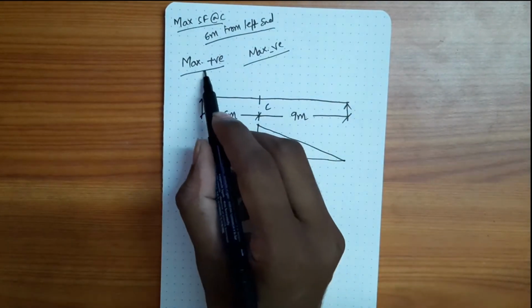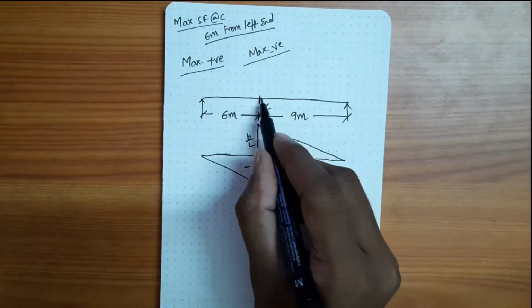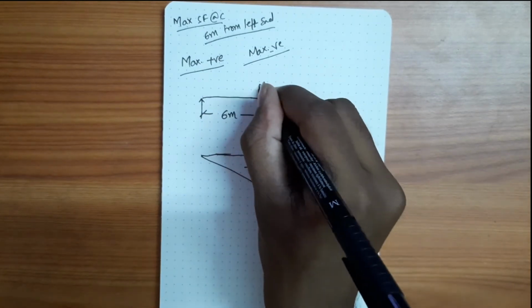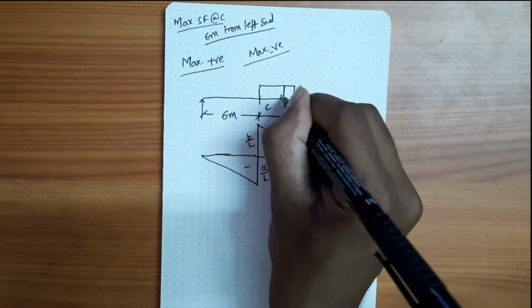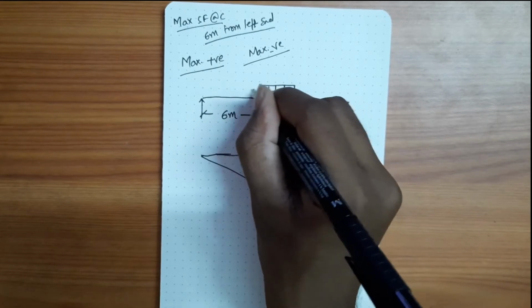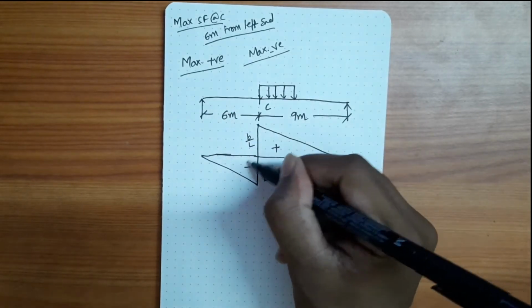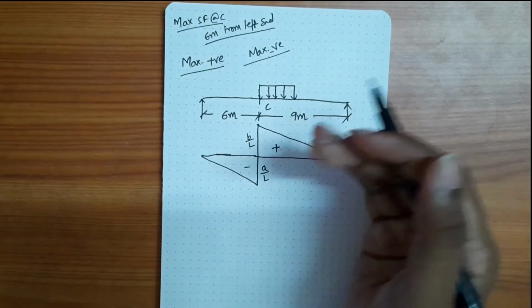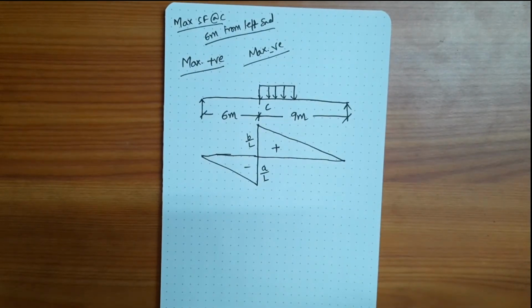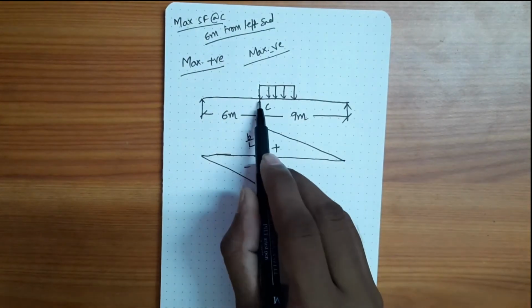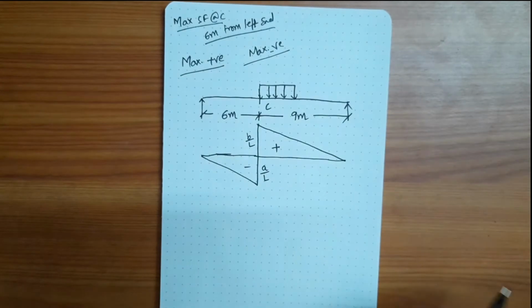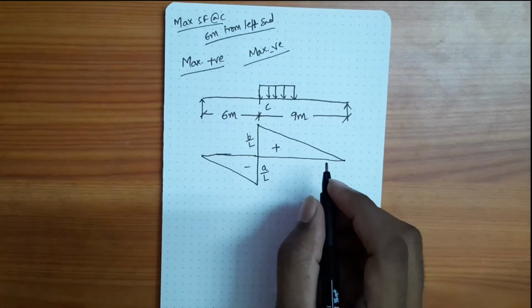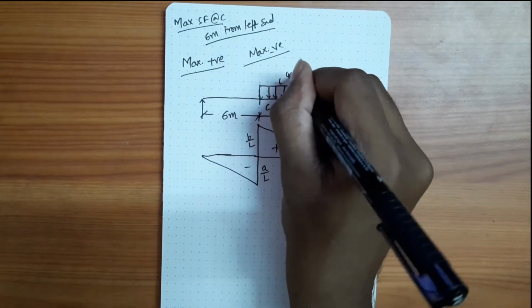In order to get maximum positive shear force, we need to place the load like this. If the load crosses into the left region, the UDL will be going into the negative region, so the value will be reducing. Since we need the maximum, place the entire UDL on the right side. This is 40,